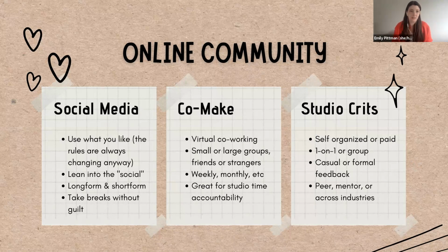Again, in that same vein, lean into the social of social media. I was working with an artist recently. I do a series of crit groups with small groups of artists for feedback, and I had one artist who was so discouraged, so focused on the likes, the metrics of social media. There are so many metrics out there measuring us against other people and other artists, and it's so easy and sometimes beneficial depending on your goals. I'm not saying it's a bad thing to pay attention to those things, but